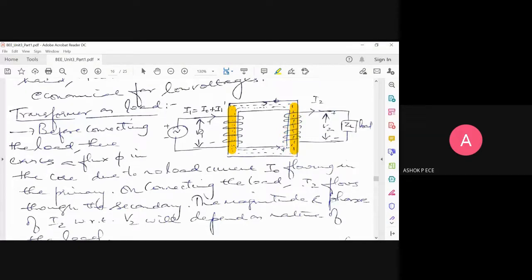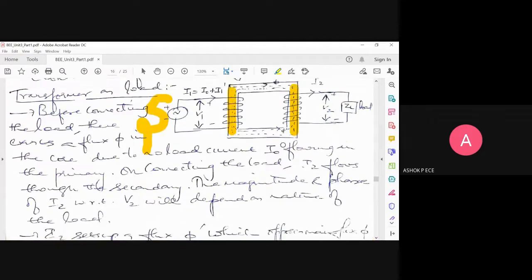On the primary you see V1, I1 for an AC voltage input. I always told you the primary will be connected to a source, right? So the source will have an AC voltage V1 and I1 is the primary current flowing. And the secondary is driving a load of value ZL, the voltage across the load is V2 and the secondary current is going to be I2. Previously, I removed this load and observed the no load condition. Now I am going to add my load ZL and see what the currents and voltages in the transformer are.